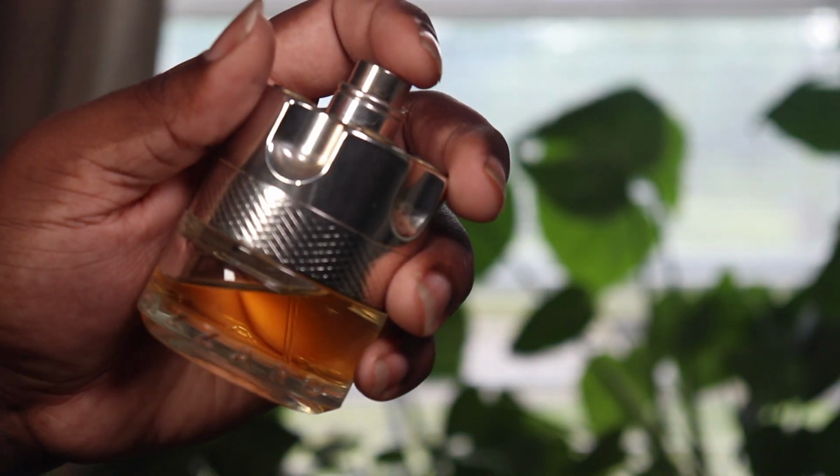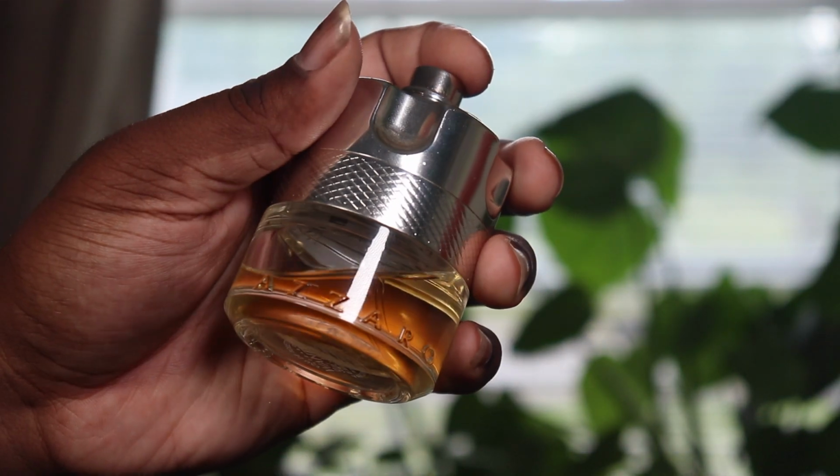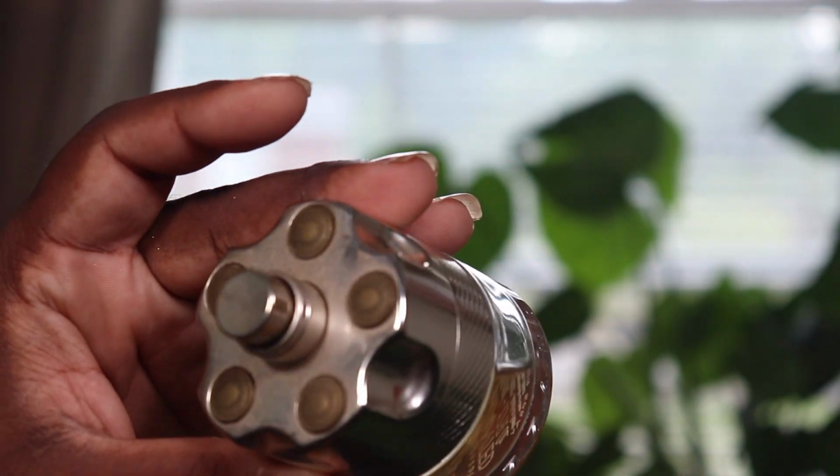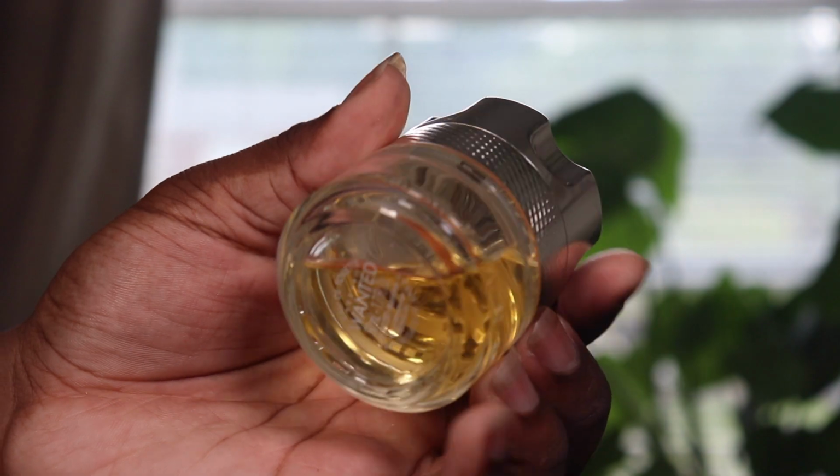So this next fragrance in my fragrance collection is Wanted by Azzaro. I believe that's how you pronounce it. This one looks like a bullet, and I think it's kind of cool, and that's why I bought it, I'm not gonna lie. This is actually one of the older ones in my collection. This one is, again, a more big body Benz fragrance, and it leans a lot more masculine than I typically grab for in a fragrance,